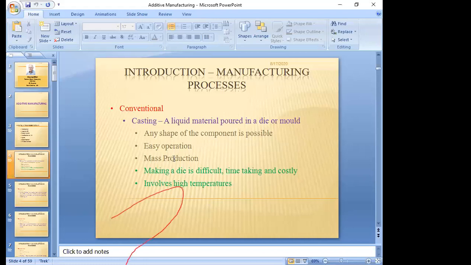See, the conventional casting process. Here it requires high temperatures. Once you need to convert the material into the molten state, it requires high temperatures. Then it is going to be transformed from the solid raw materials to